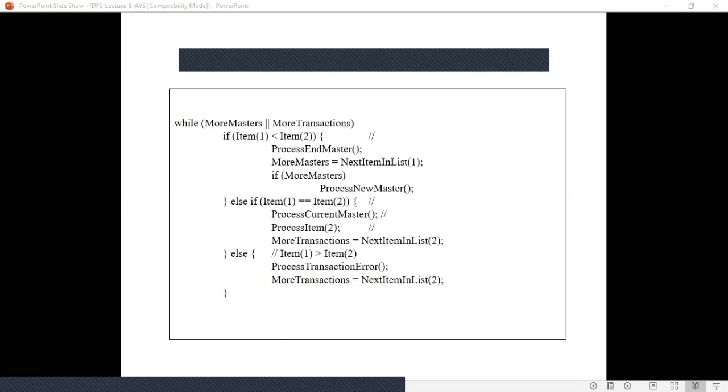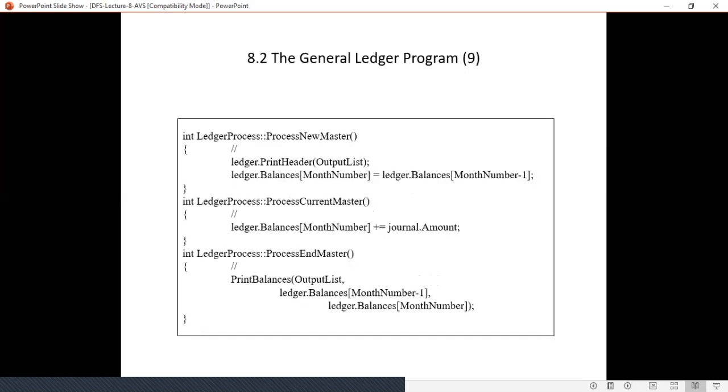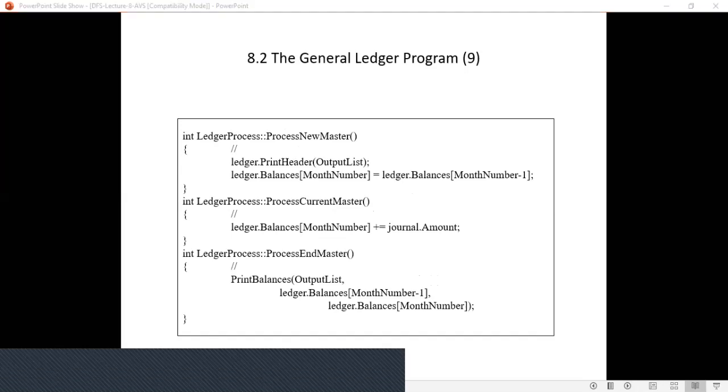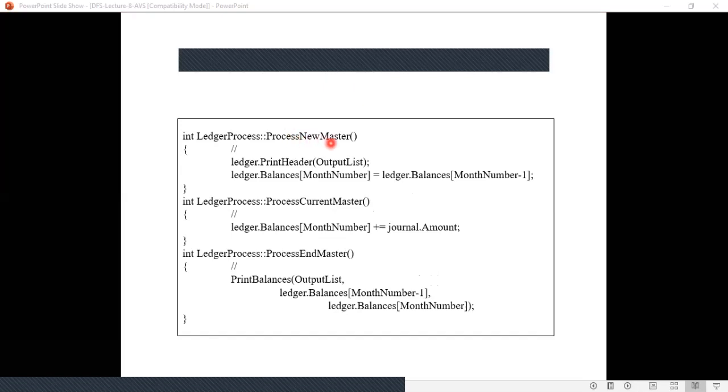Next, we will see what process new master, process current master, and process end master do. In process new master, you are going to print a header, that is, in our example, the checking account number 1 header.